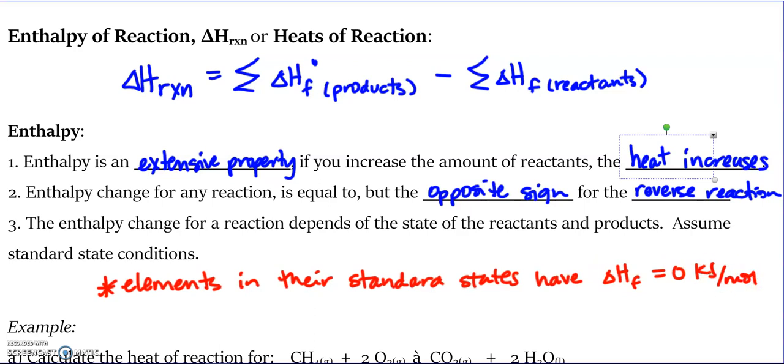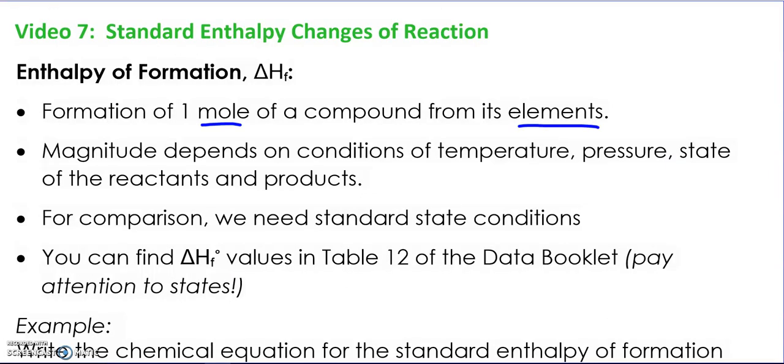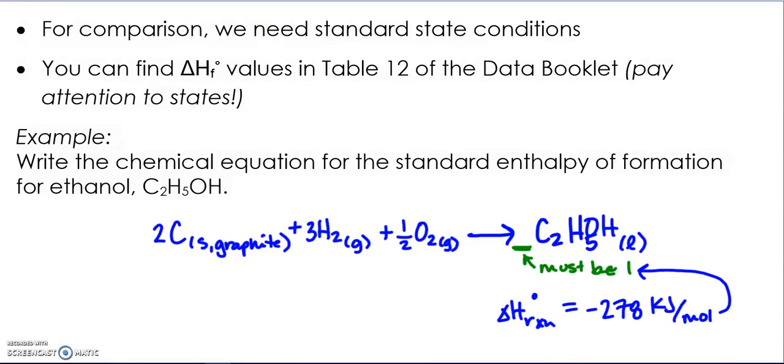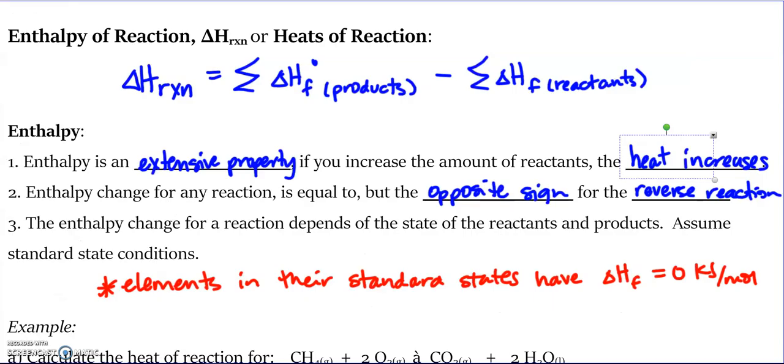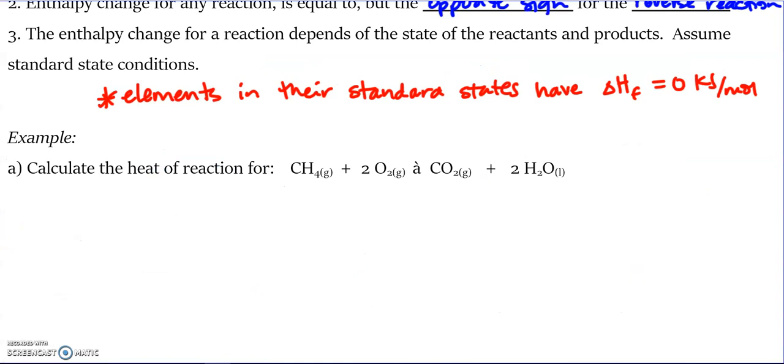That's why when I go back to this, the delta H of our reaction right here is the delta H of formation of our ethanol, that's our product, minus all the reactants, which would all have a delta H of formation of 0 because they're all in their standard states. All right, so now let's find something like this in this example problem where it says find the